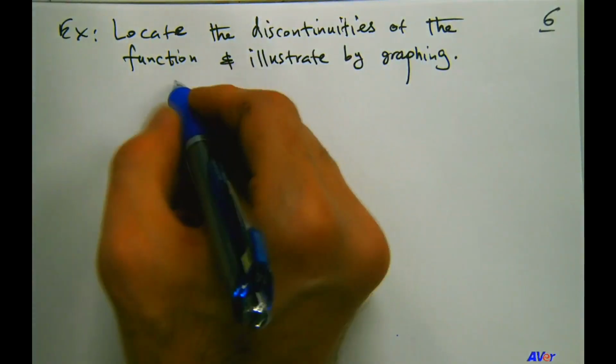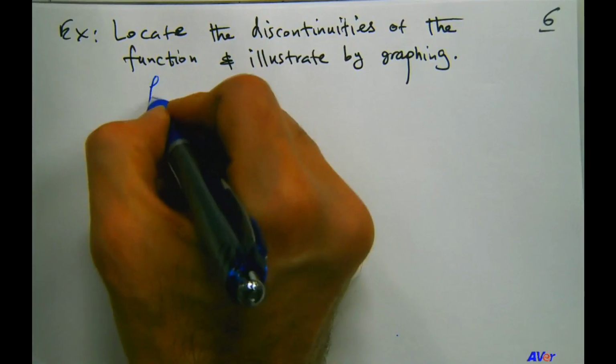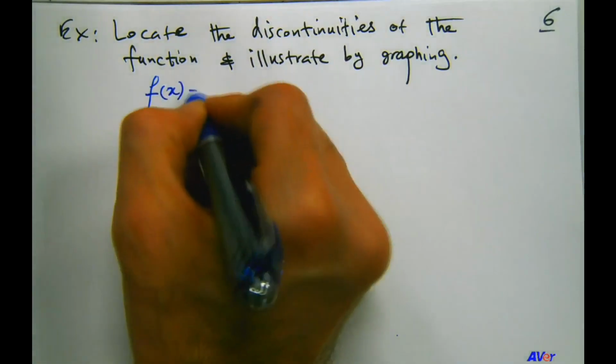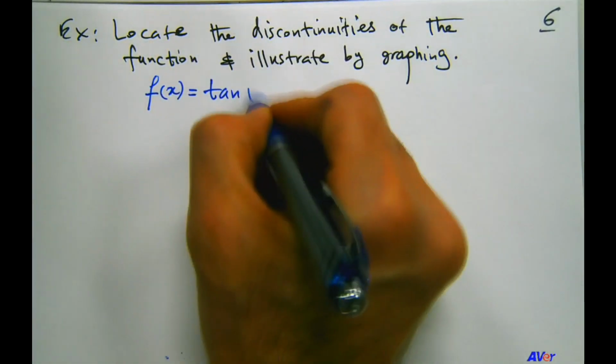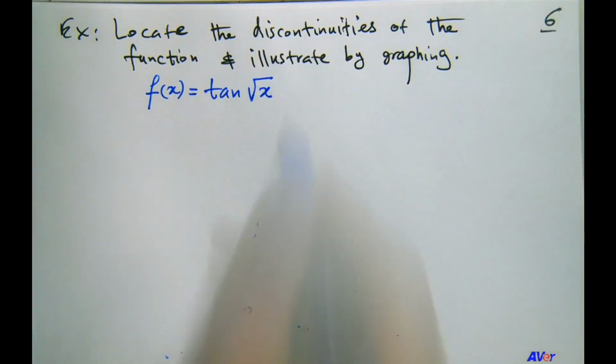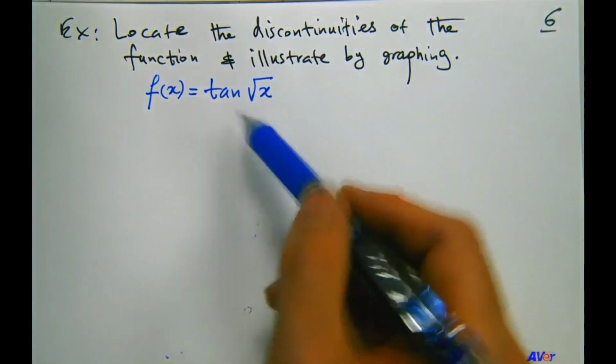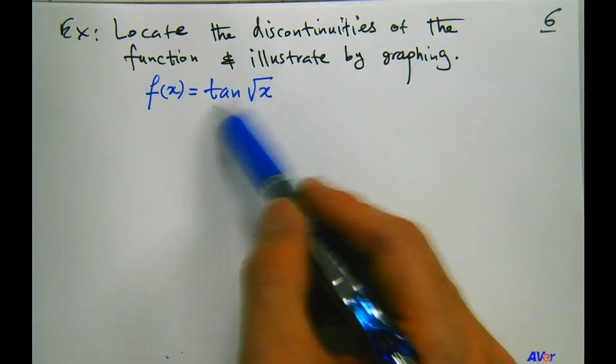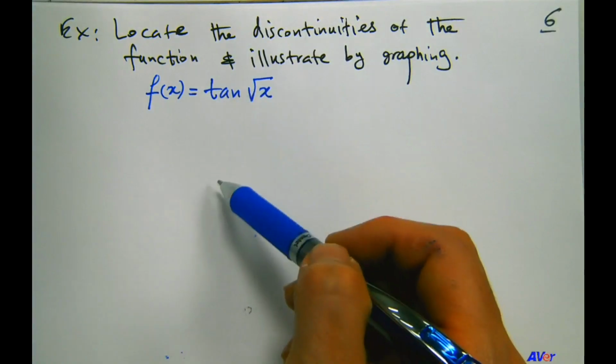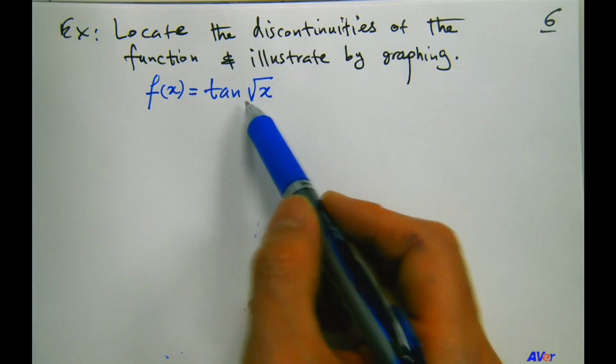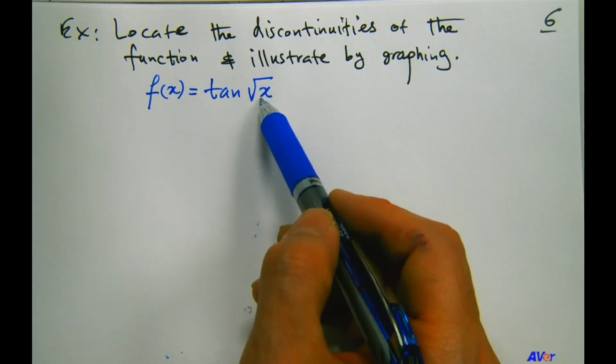So here's the function that we have this time. We have f of x equals tangent of square root of x. So we have the square root function. We have a composition of a square root function and a tangent function. Okay, so the domain of a square root is, first of all,